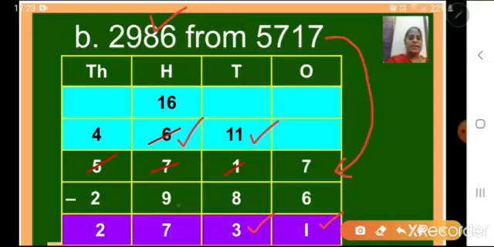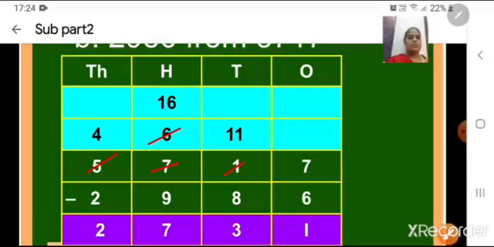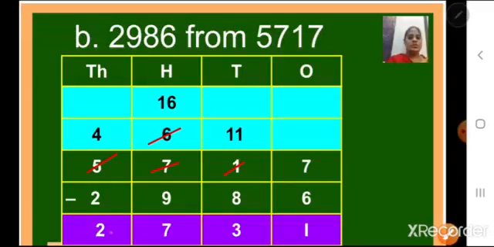That's right. In hundreds place we have 6. Okay. 6 minus 9 is possible? No, it is not possible. 6 is smaller than 9. So 6 will borrow from 5, which is in thousands place. Okay. 5,000 will give 1,000. 5 minus 1 is 4. Okay. And 6 will become 16. 16 minus 9 is 7. And 4 minus 2 is 2. So children, the difference is 2731.